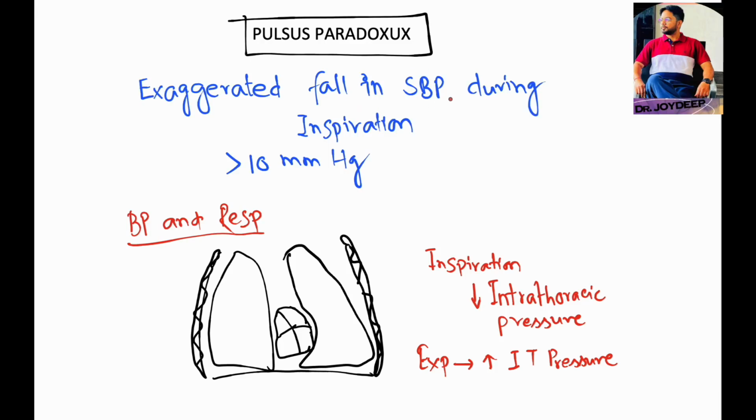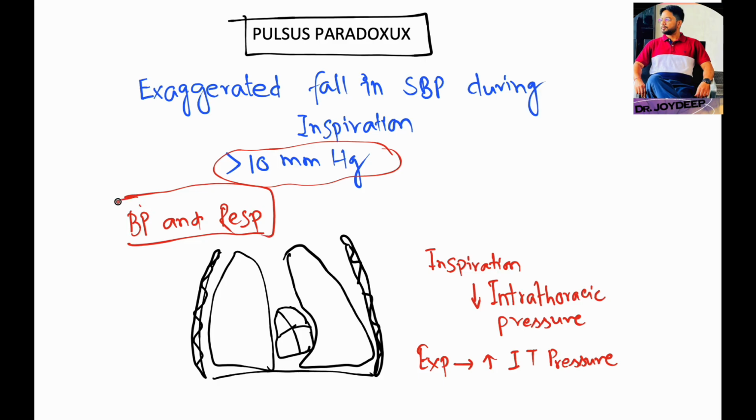Pulsus paradoxus. It is the exaggerated fall in the systolic blood pressure during inspiration. When this fall in the systolic blood pressure is more than 10 mmHg, it is called pulsus paradoxus. Before going to the detailed discussion of pulsus paradoxus, we have to know the relationship between the blood pressure and